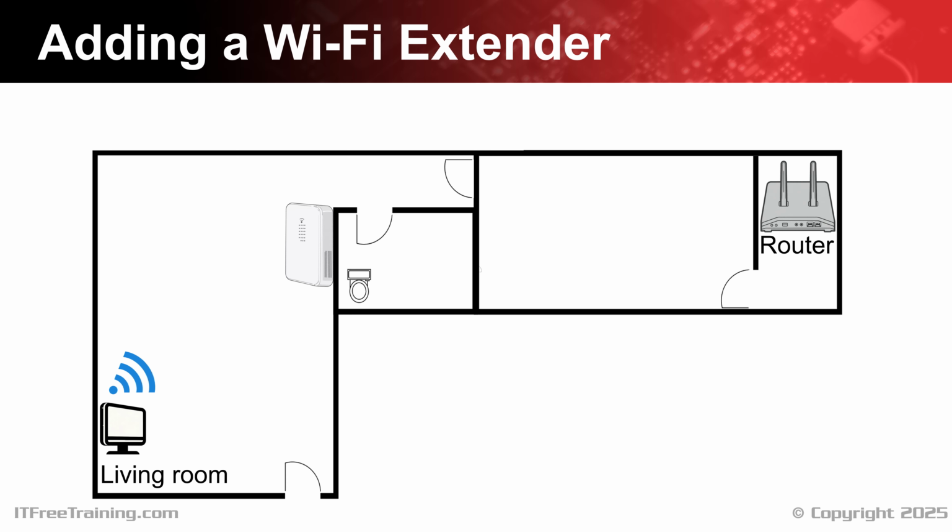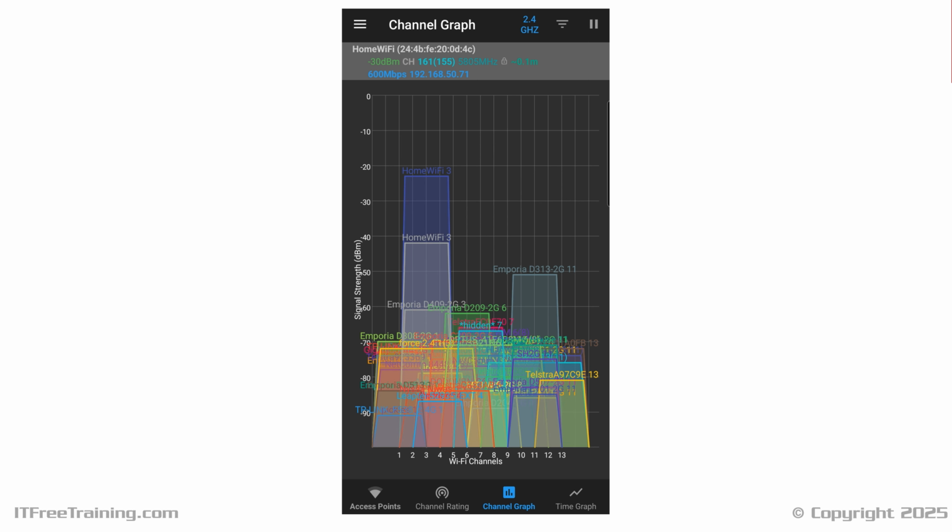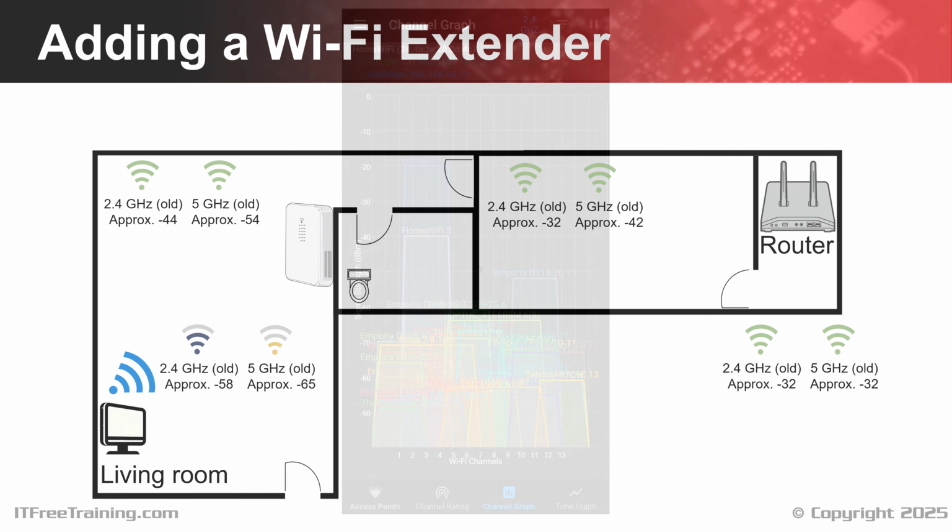To do this, I will follow the same process as before. That is, go to the same points as before and get a reading. Notice that my home Wi-Fi appears twice. One is the Wi-Fi router and the other is the extender. For the purpose of making the Wi-Fi survey easier to understand, I will only take the higher value of the two. To compare with the previous Wi-Fi survey, I will add these values to the map.